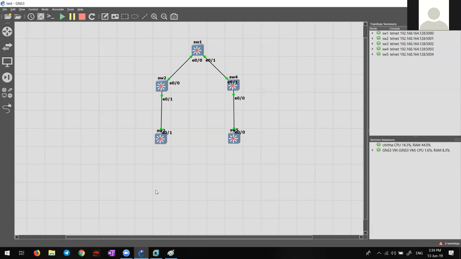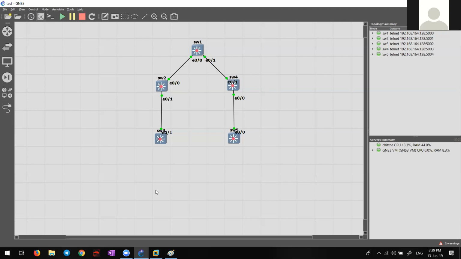Oh, you have already created some interfaces. Type do show ip interface. And what is this? 192.16, just take root.